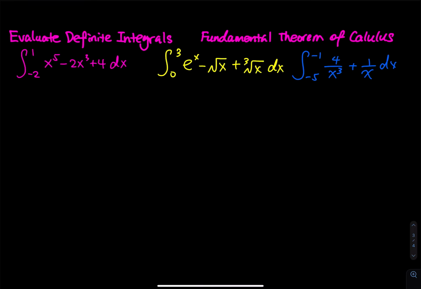Let's evaluate this definite integral. The first one is the integral from -2 to 1 of x to the fifth minus 2x to the third plus 4 dx. So let's integrate first. The integral of x to the fifth is x